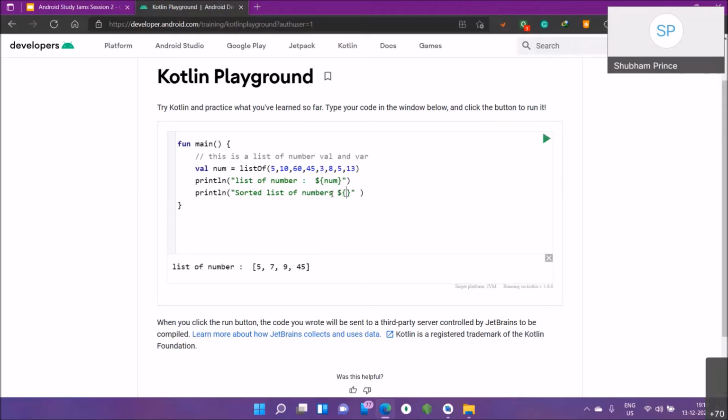So the function means the variable name where the list is stored, that was num, then sorted, that is our function. Let's see what happens when I sort this. So we can see that the values are all sorted. Now you can see that after 3 there are two 5s. Just because we are working with a list, we don't have to worry about these duplicate values.